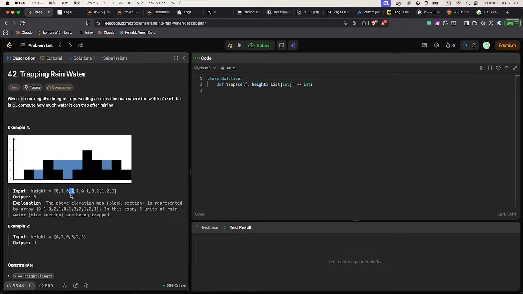In this case, the last one has height 1 and the x coordinate is 1, and at 3, when the x coordinate is 3, we have a height of